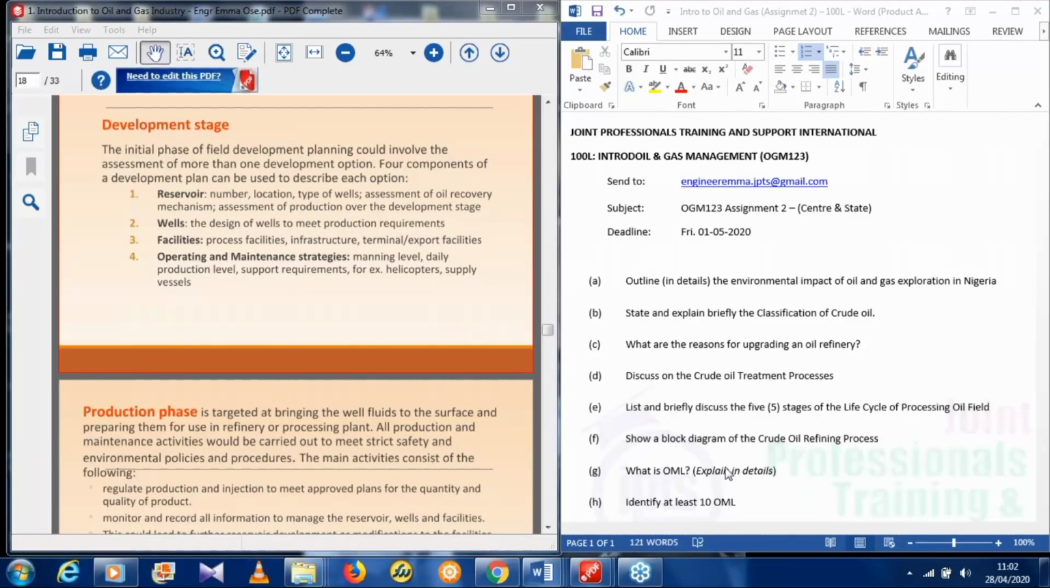So please ensure you outline the development and outline the